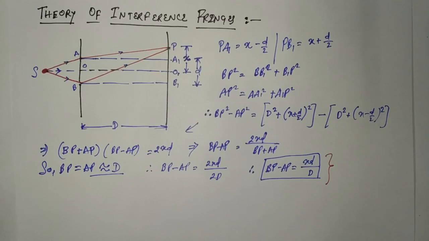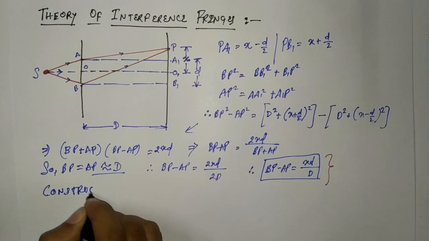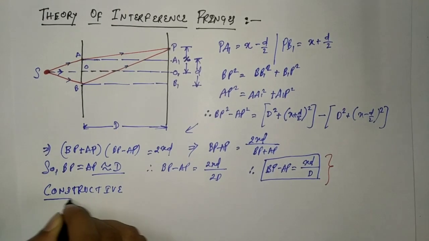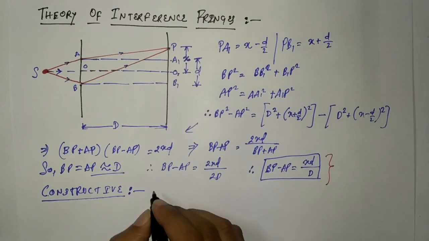So what is the position of maximum and minimum on the screens? So conditions for constructive interference, that is maxima. So for constructive interference, let me write this with a separate color for your better understanding. For constructive interference, the path difference BP minus AP between two interfering waves to reach at P on the screen is an even integral multiple of lambda by 2. That is path difference. So we can write